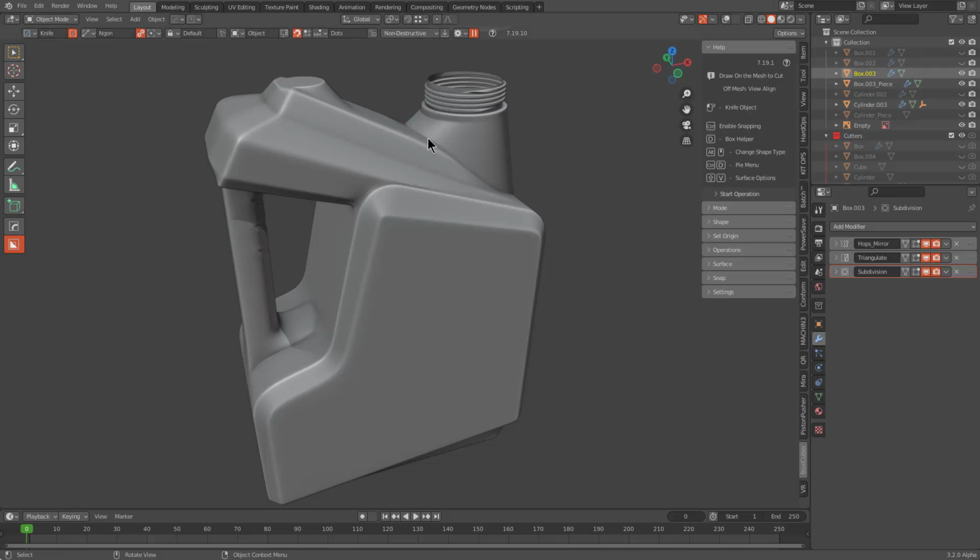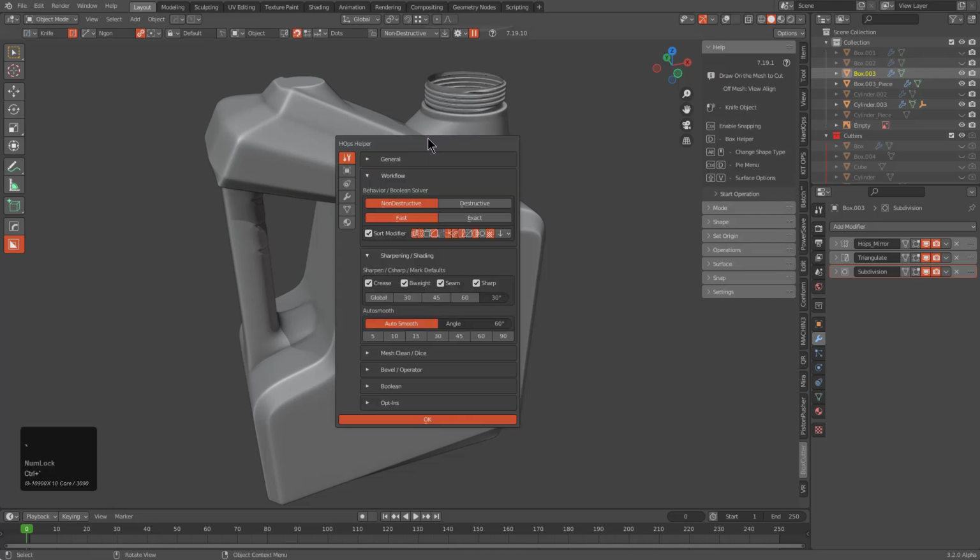In preparation of a future All About Hops course, I have been working on modernizing and solving some inadequacies in the past as far as UI, and one of those areas is the HardOps helper. One of my favorite things about the helper now is if you click on the buttons for changing what the S# is going to be solving for, whenever you use it in the pre-sharp, it now displays a notification for it. And if you change the auto smooth